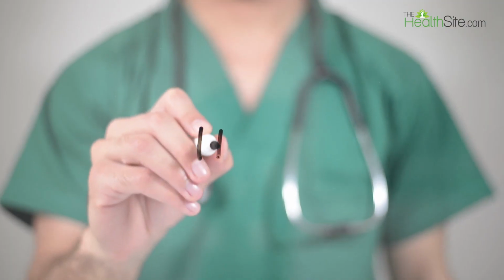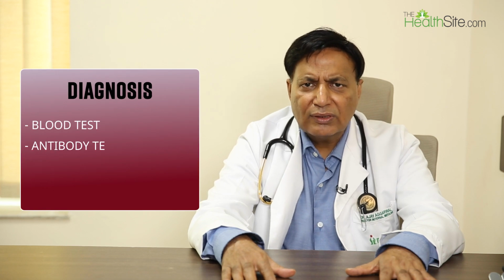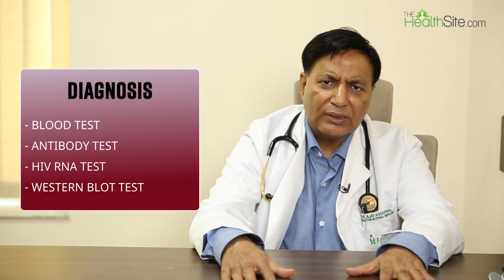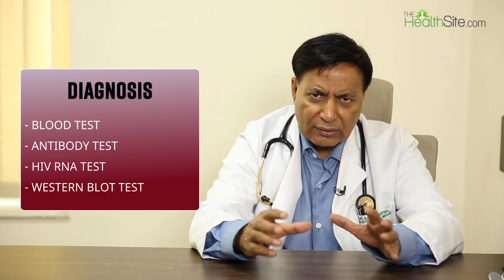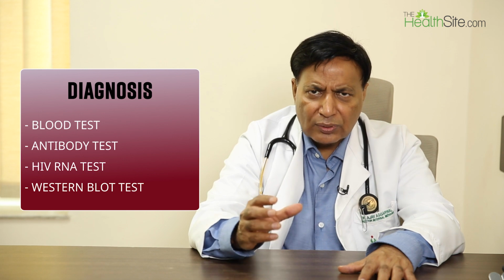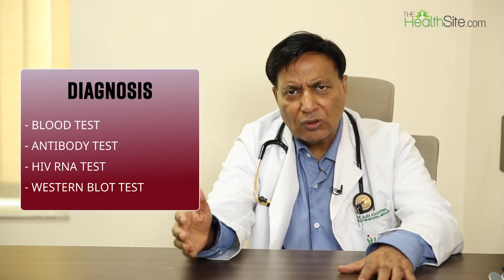The treatment process for HIV first entails diagnosis. We diagnose it by blood test, whether we do the HIV antibody test, the HIV RNA load, or the Western blot test. Once the test is positive, you do the immunological tests in the form of CD4, CD8, etc. And once it is diagnosed, we see how to start the treatment, and then the treatment is started. And if you have secondary infections, they are taken care of by the treatment of infections.